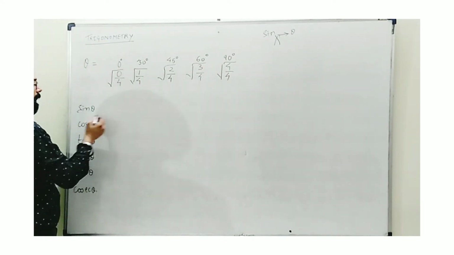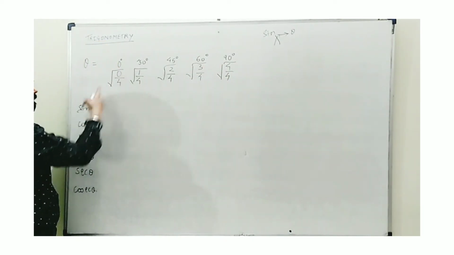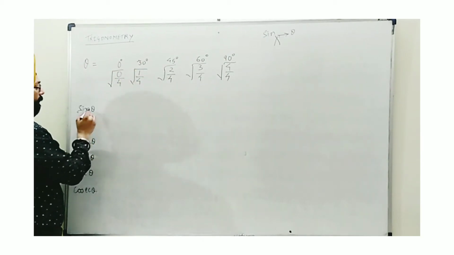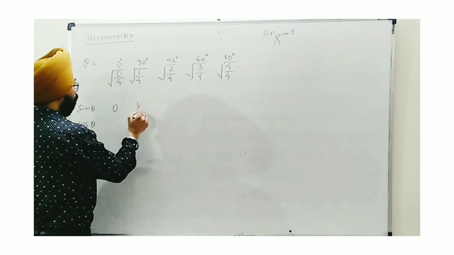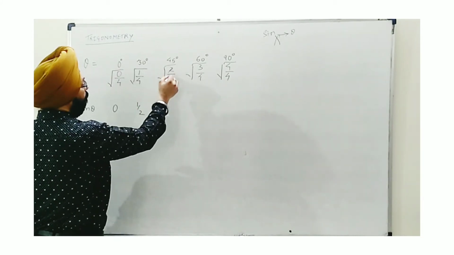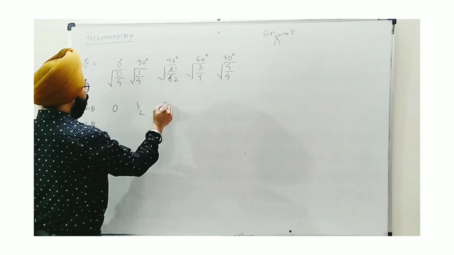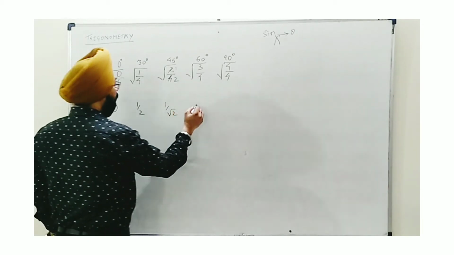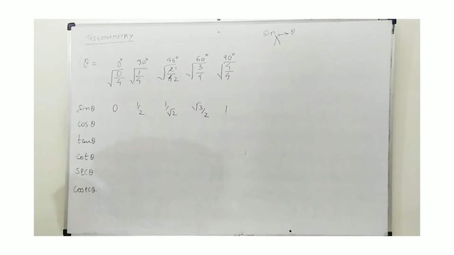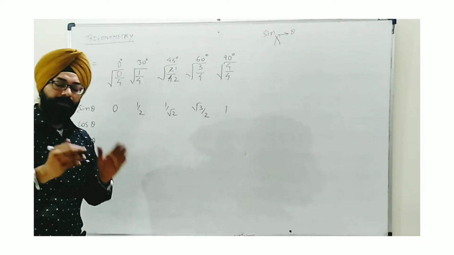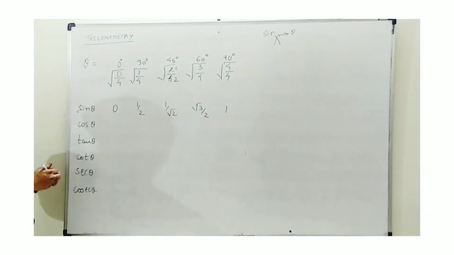Now whatever results we get, these are the values of sin theta for specific angles. Like sin 0 will come 0, sin 30 is 1 by 2, sin 45 is 2 and 4 cancelled out, that's why we get 1 by root 2. Here we get root 3 by 2 and this is 1. This way we have completed the specific angle table for sine. Now all these things, as I am repeating, are fixed, to form the table.